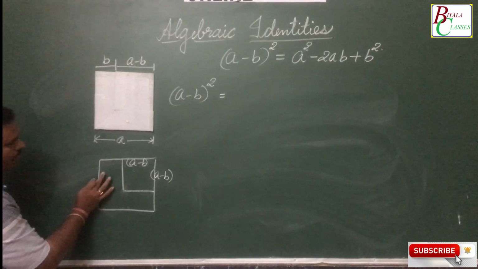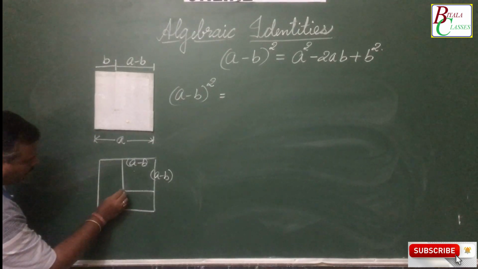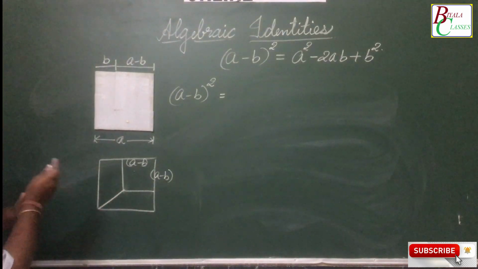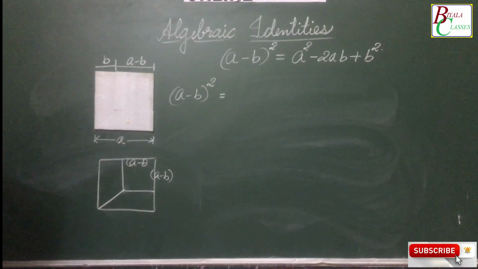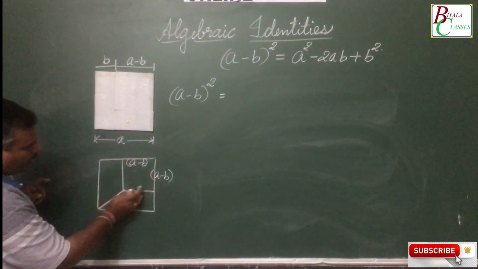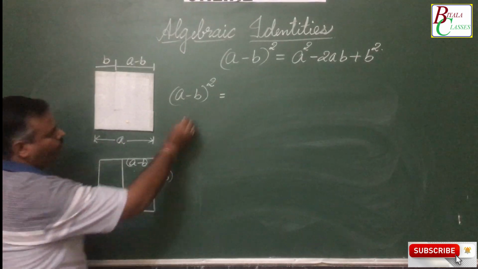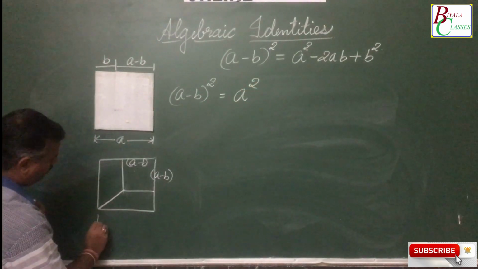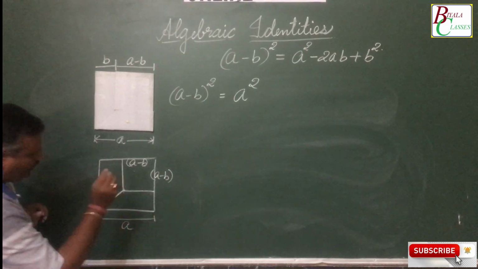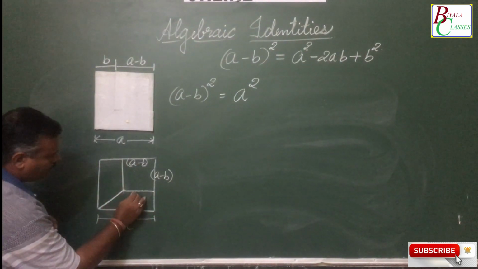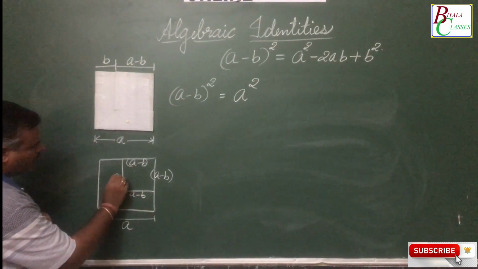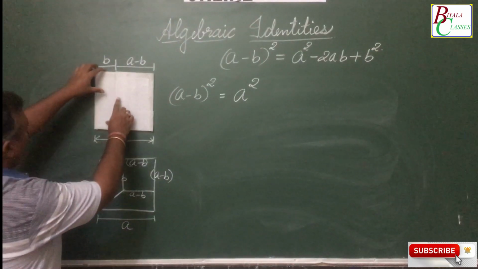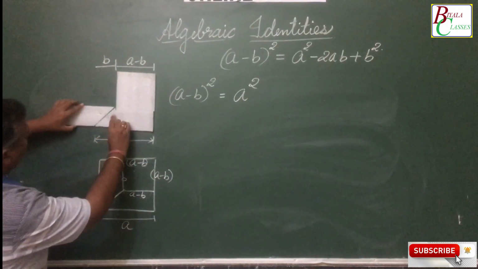This portion, the L shape which is left out, instead of dividing it like this, we will divide it in this way. We will divide it diagonally. Now what happens, you just see here. Now this A minus B whole square will be equal to the area of the whole square whose length is A. Now what is this length? This is A minus B. This is A minus B. Here, if I just place it here.